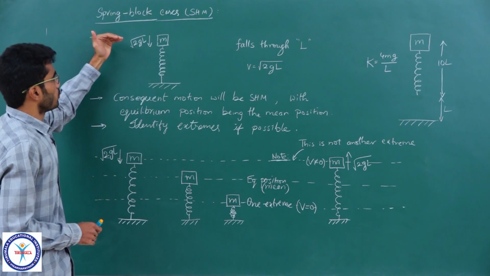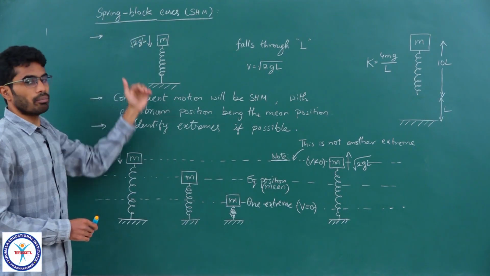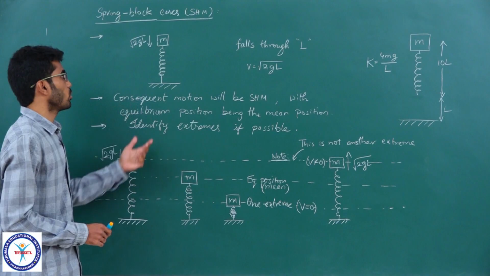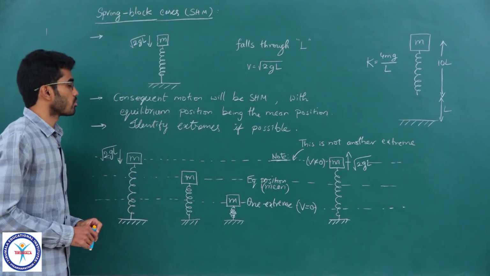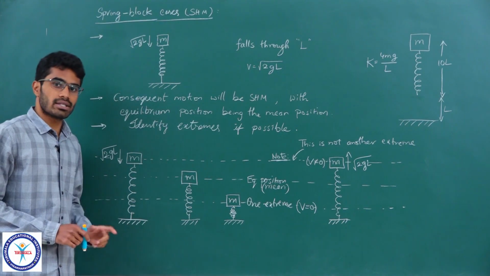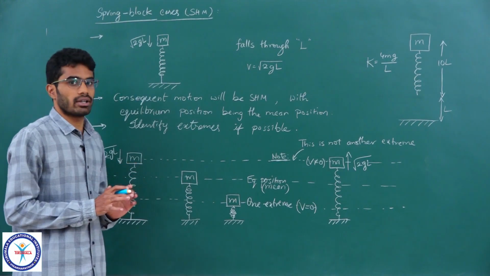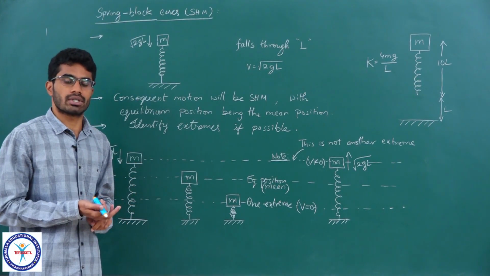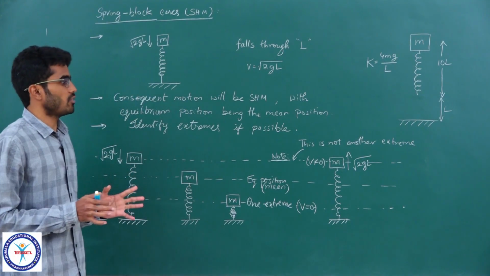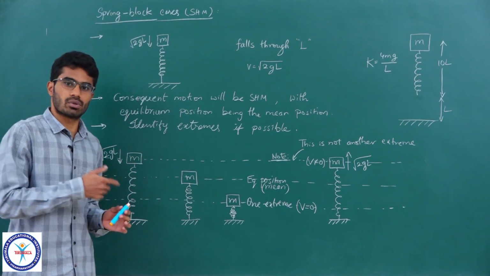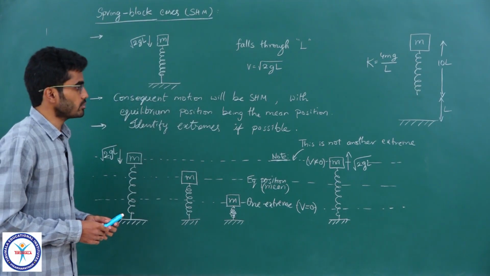So, from this time onwards, the object will now perform SHM. It will be undergoing oscillations. So, the further motion will be SHM, and to analyze that SHM properly, we need to identify the most important things: the equilibrium position, the mean position and the two extremes. So, once you have the idea of what is happening in the situation, you can then solve the problems easily.